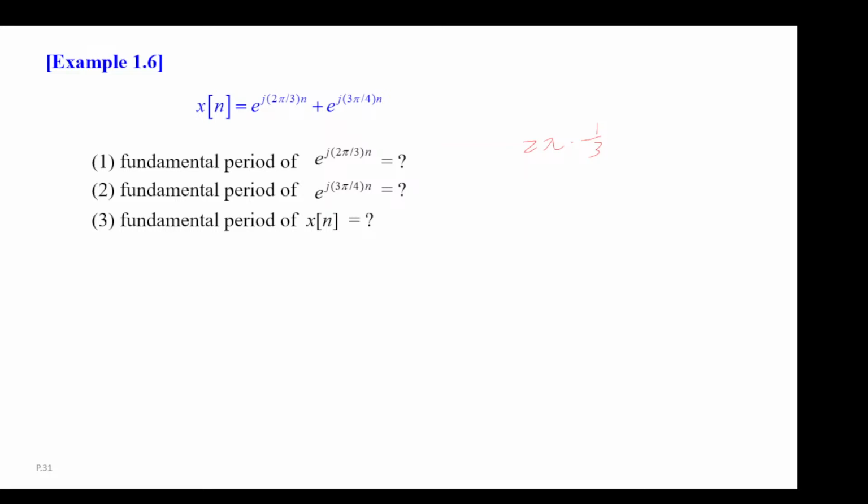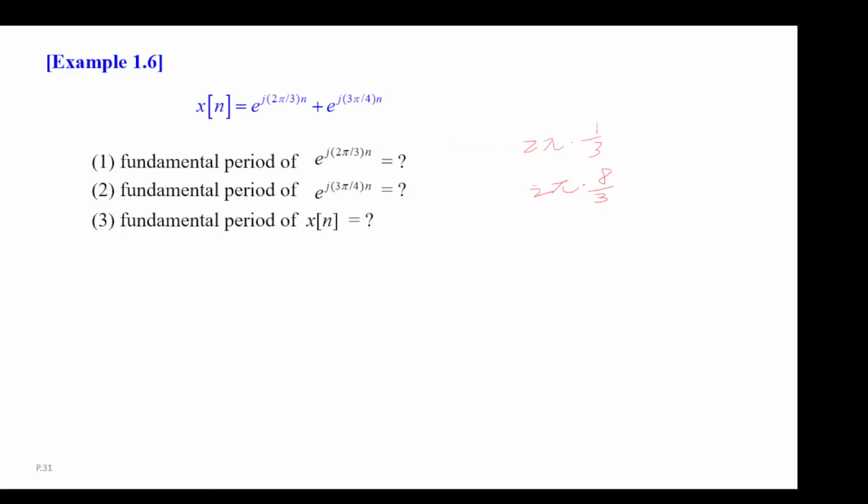So the period here should be 3. And similarly for this part, it should also be easy. The omega naught here is 3 pi divided by 4, and it's 2 pi times